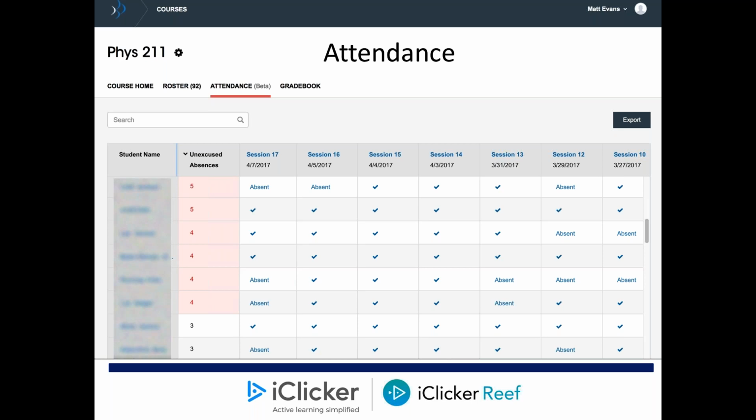Now, the other thing that I find very important about this attendance feature is I can easily look at attendance maybe once a week to see if any problems start showing up. And in this case, I see that top student has been absent the last couple of days. They were there the first part of the week, they weren't there the last part of the week, and since they're already at that 5 unexcused absences, that might be a place where I just send off a quick note saying, hey, I've noticed you've been missing from class. Is there something that